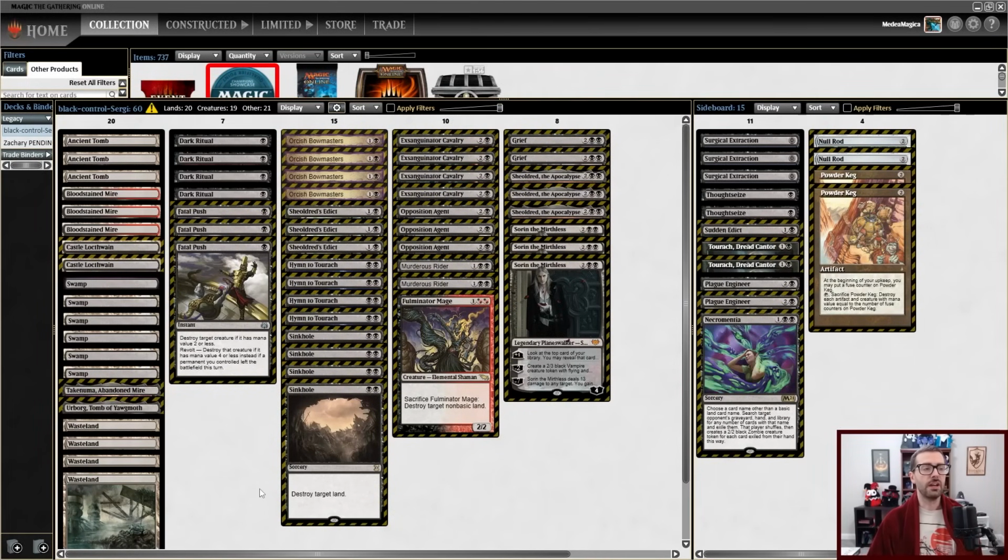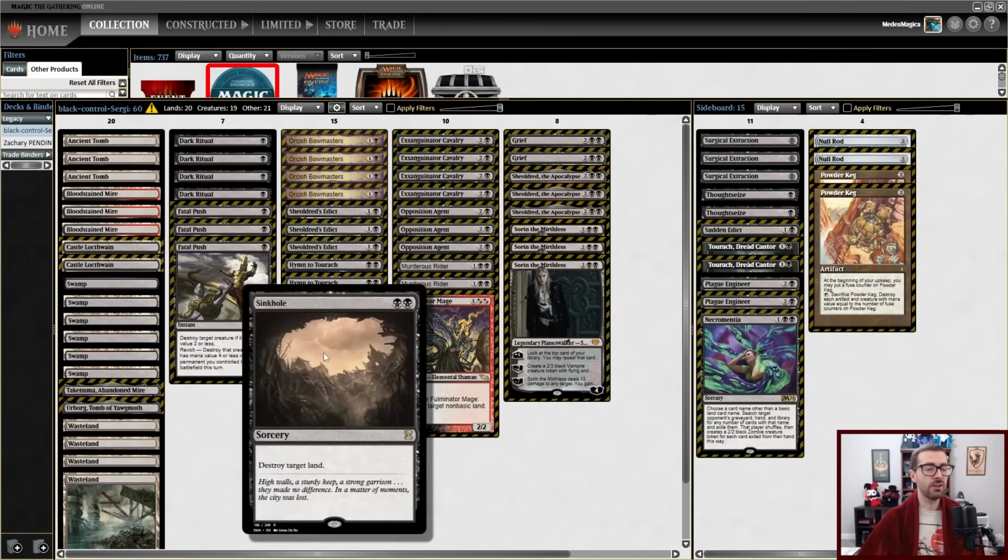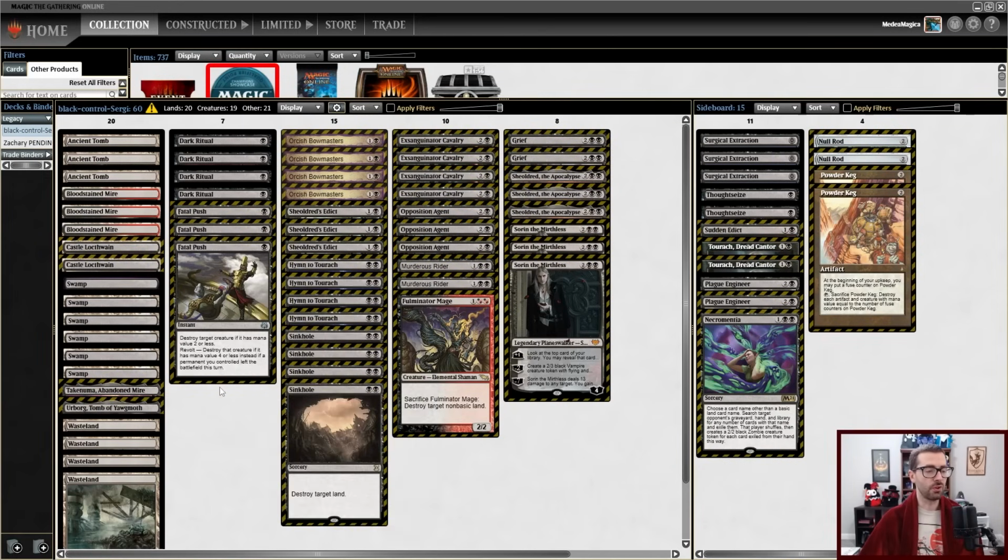This is a slightly updated version of what my podcast co-host Brian Koval, aka Bosch and Roll, played on his channel a little while back. The general idea is pretty clear. It is a resource denial deck. You are looking to blow up your opponent's lands with cards like Sinkhole, Wasteland, and Fulminator Mage,